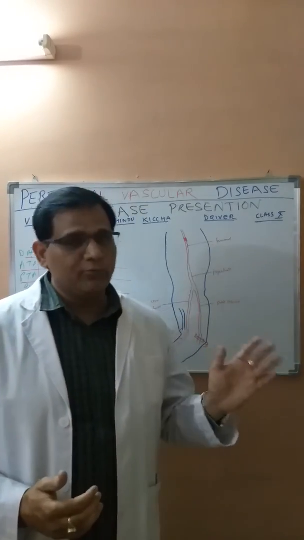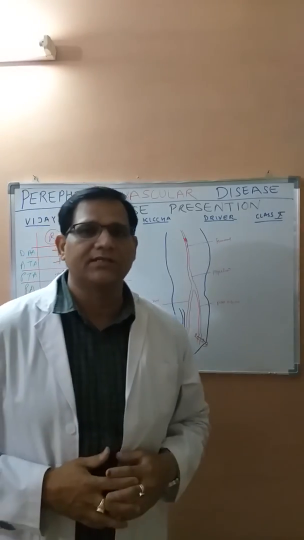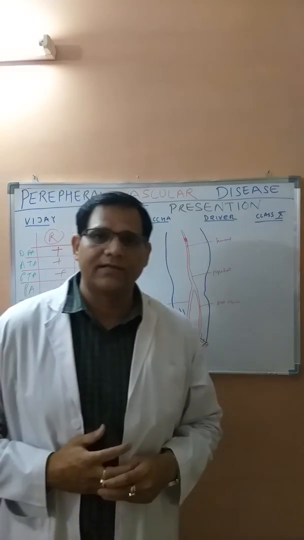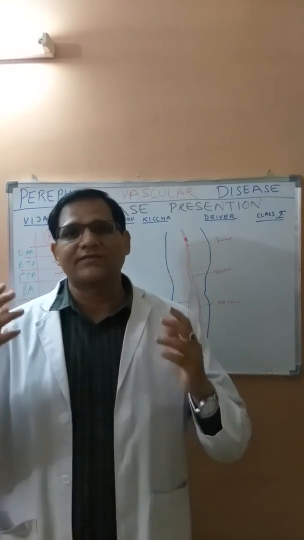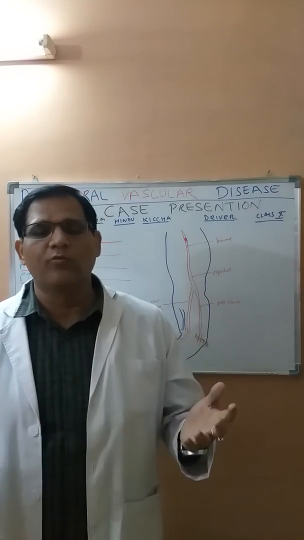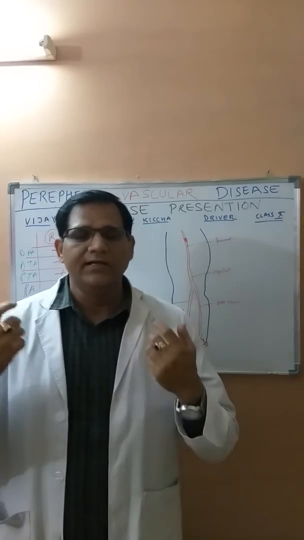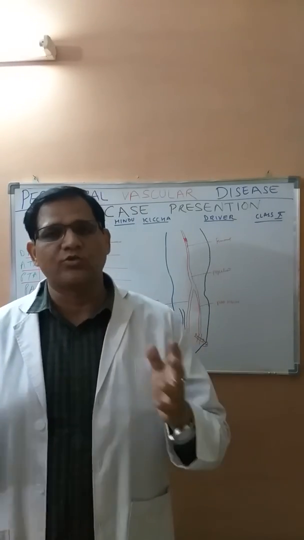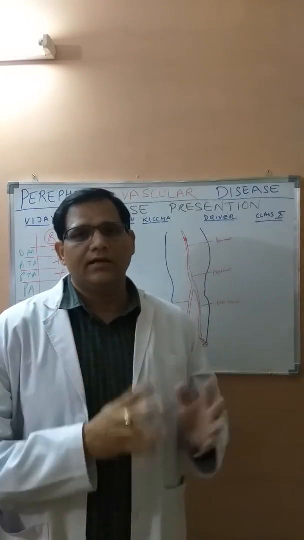The second, one more question is what is the Boyd's classification? The Boyd classification is the classification of intermittent claudication. Basically, in Boyd's 1 classification, the patient walks, he has pain, but he continues to walk as the pain producing factors move off. Boyd's 2, patient walks, he has pain, he has to take rest. Then only